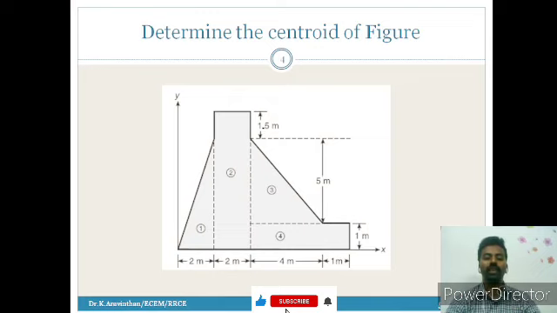Right now you are having a dam. So this is generally the shape of a dam. Here at this part you will be having the reservoir always, and at the right hand part you will be having the dam gate. So you will be having a sluice gate here, and in this part you will be having water. So if you want to identify the centroid of the dam, where the total mass of the dam is concentrated, you have to identify the centroid here.